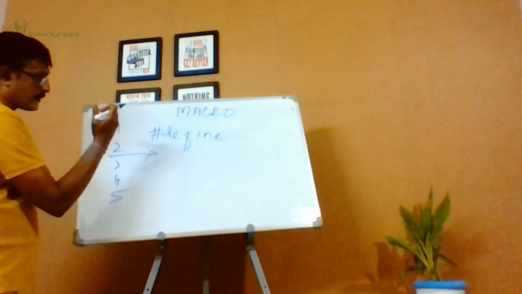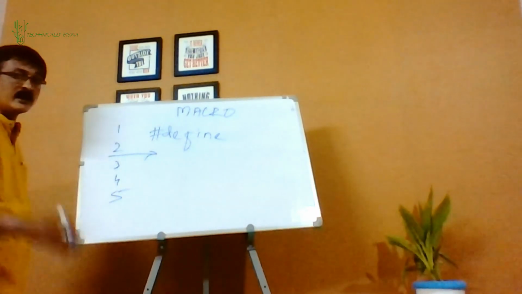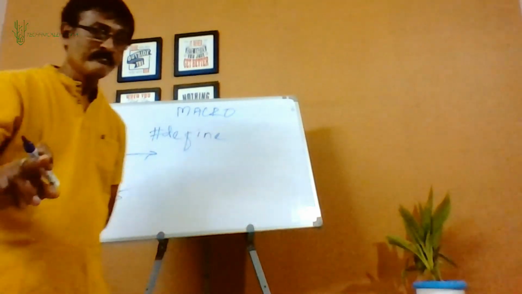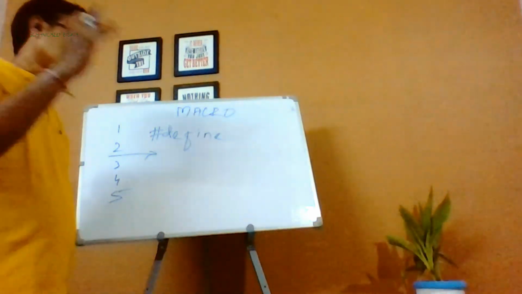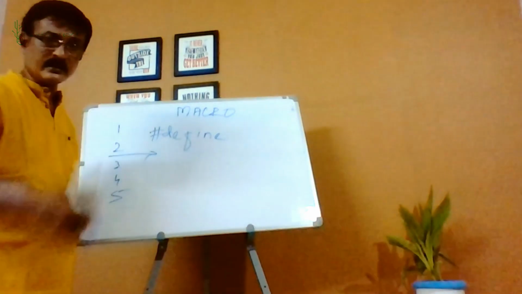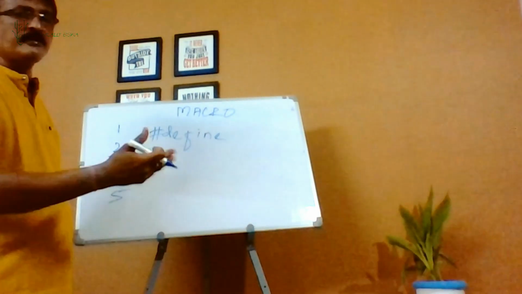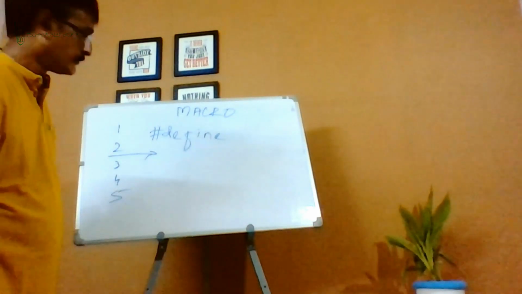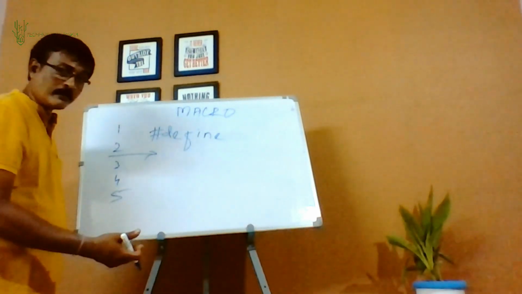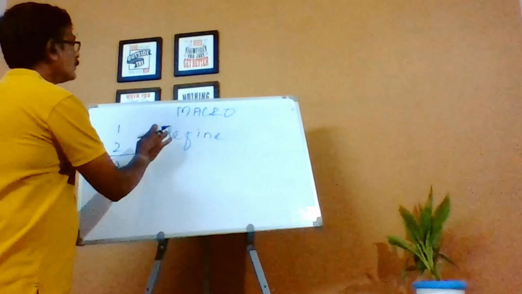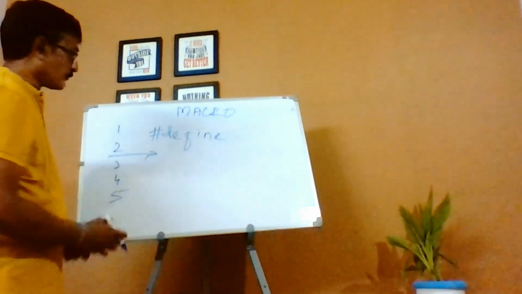A macro is available from the place of definition till the end of the program. It doesn't have a scope. Very simply, it is available from the place where it is defined till the end, or maybe till the time you undefine it. There is something called undefining a macro. I'll come to that. Got it? So it is about defining and about undefining. #define is to define a macro.